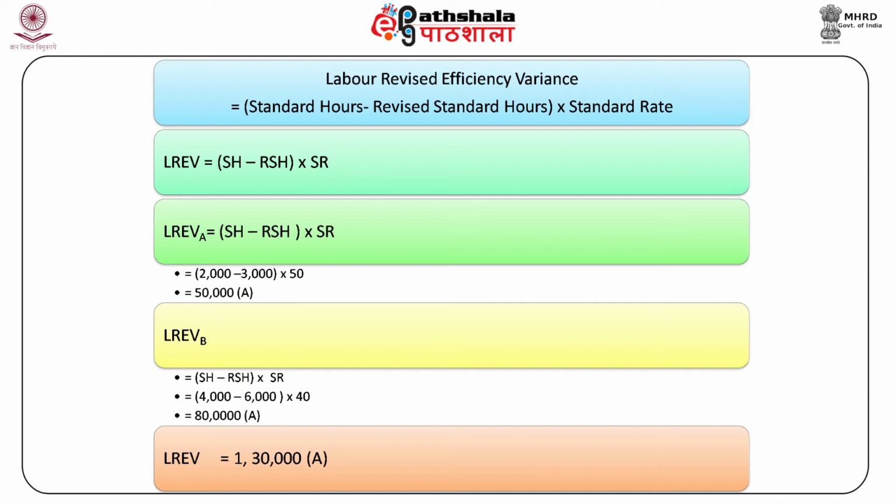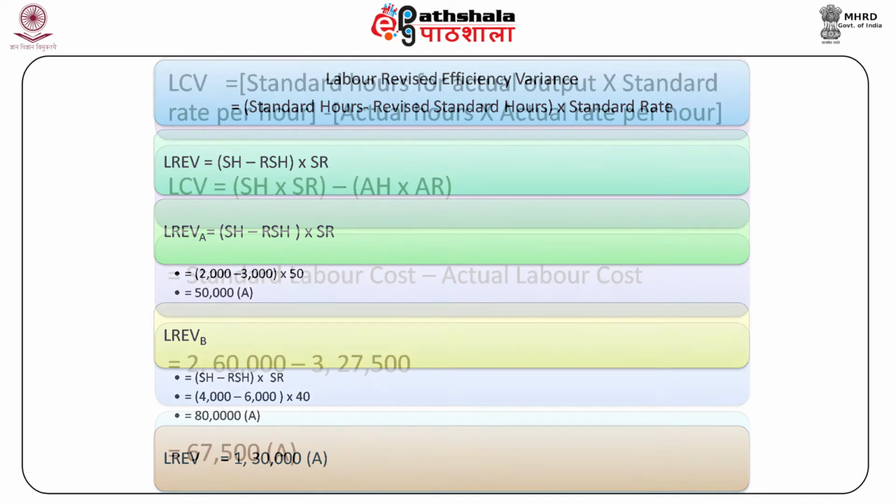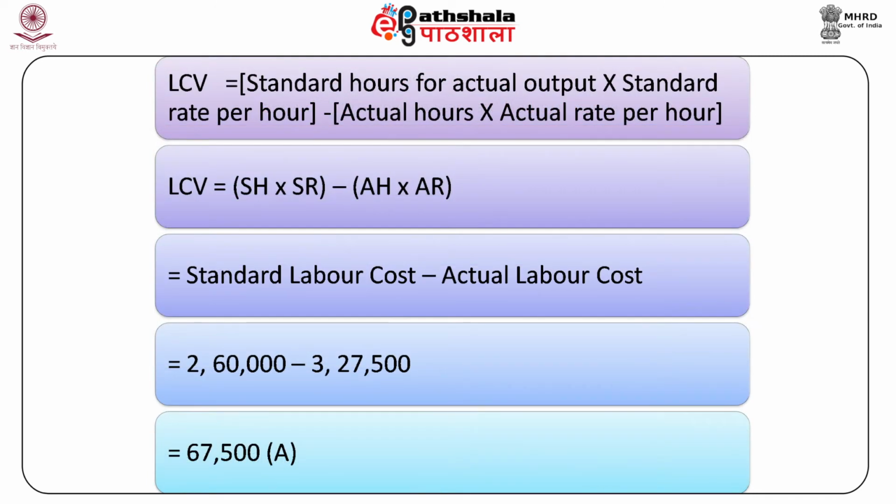LREVB is SH minus RSH into SR. Putting the figures in the formula, it is 4,000 minus 6,000 into 40, that is 8 lakhs, that is adverse. LREV now will be 1,30,000, which is adverse. Let us also calculate labor cost variance, labor rate variance and labor efficiency variance in this